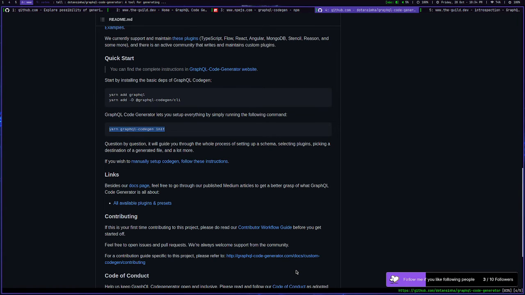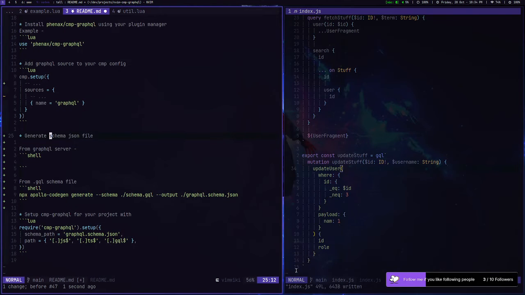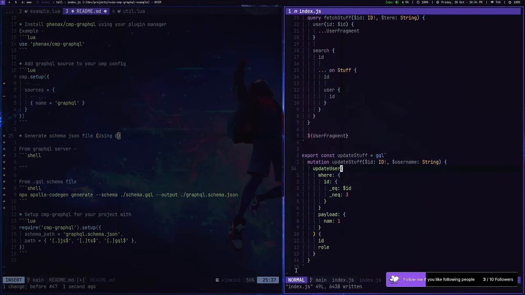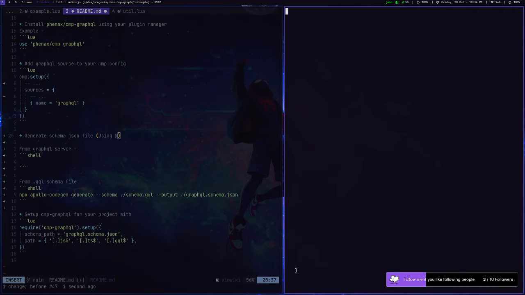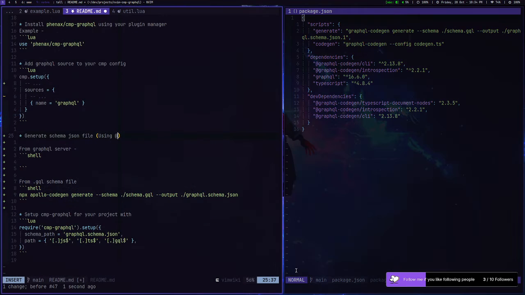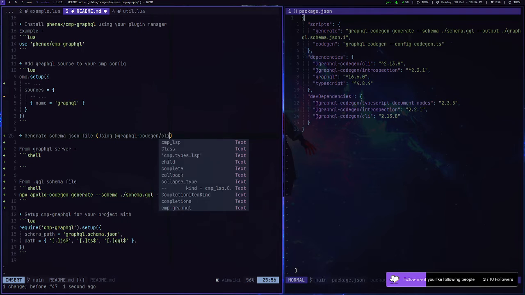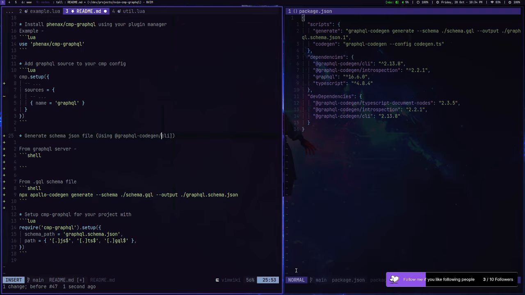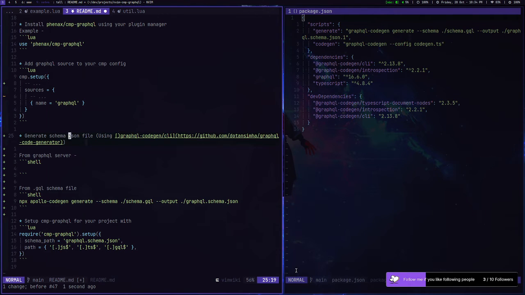Should I just link this in this file using at graphql codegen/cli? All right,